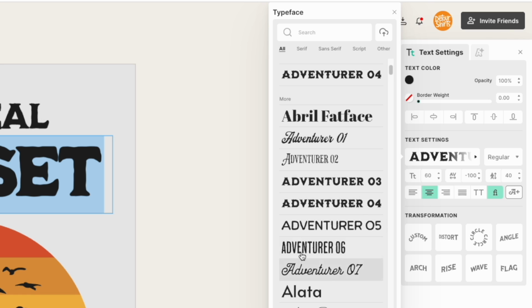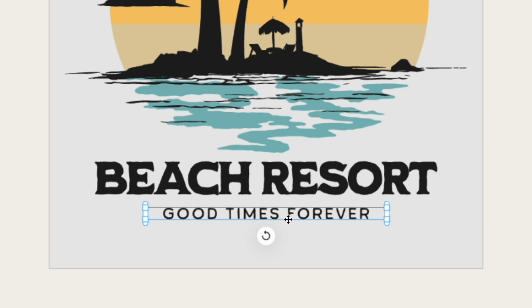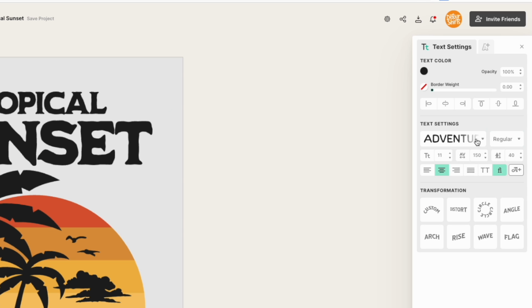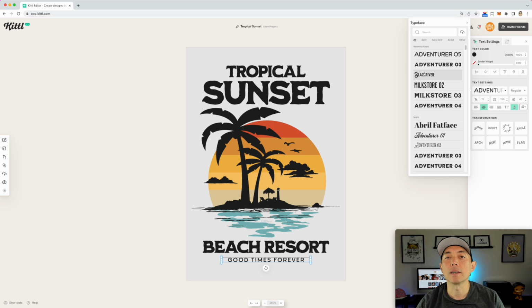And what's cool about this on Kittl is that you can kind of interchange and use these together. So I think this one, yeah, you can see right here, they're kind of putting them together. This one is Adventurer 5. So using 5 and 3 together works really well because they're made to work together. So that's why I'm picking this as my number 1 font, Adventurer, more specifically Adventurer 3, because I really